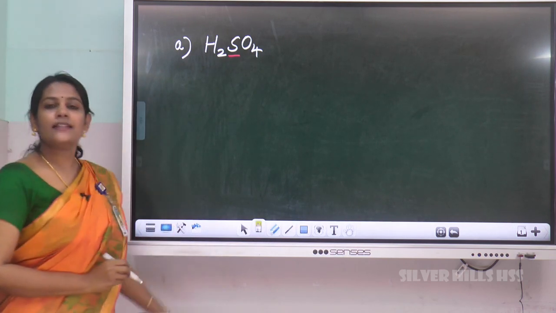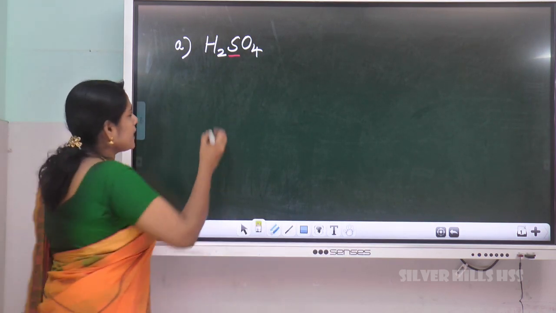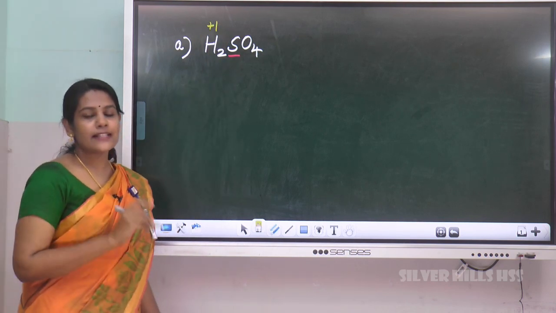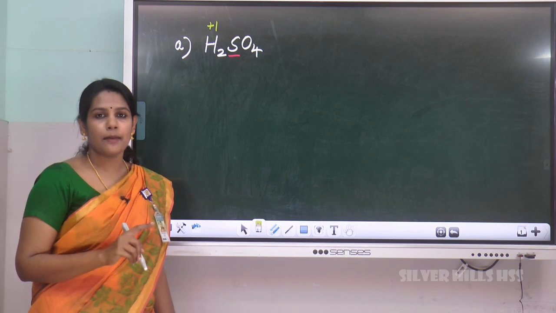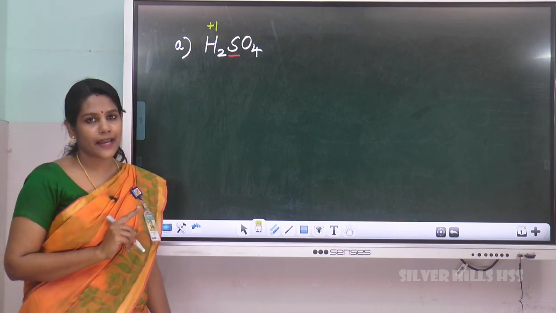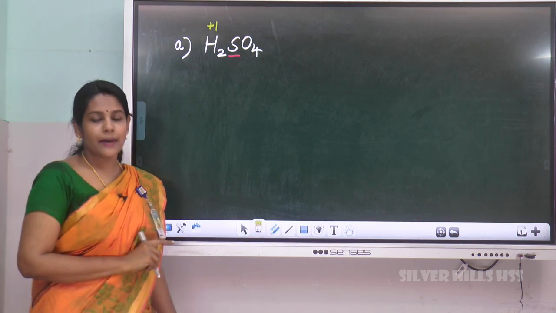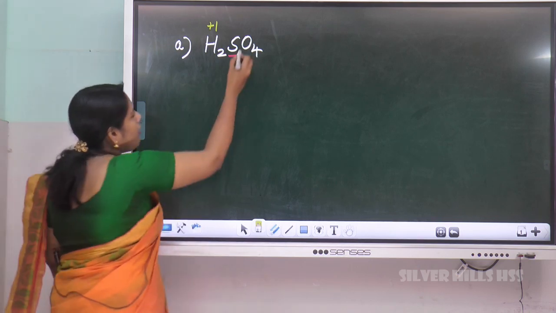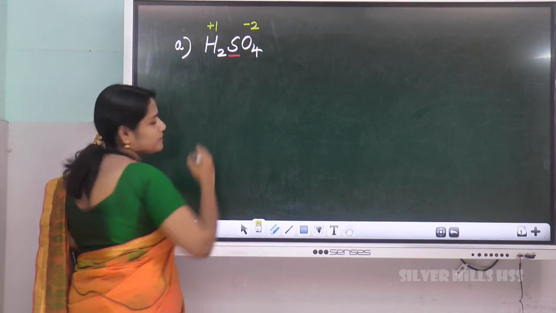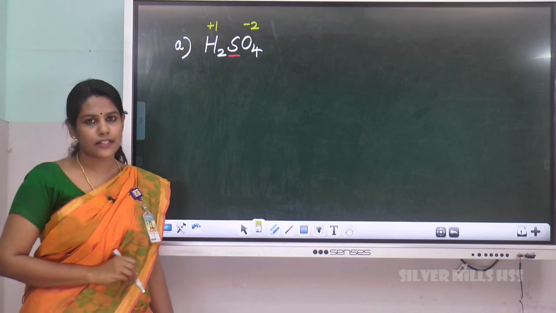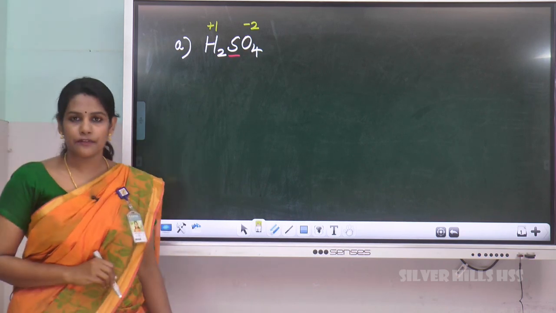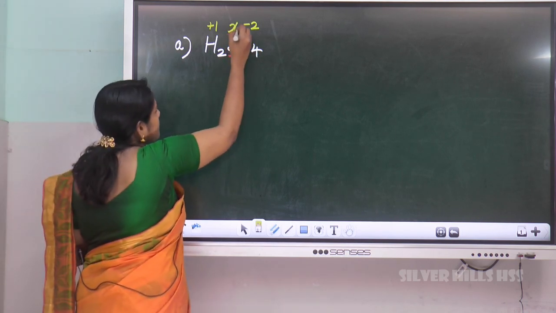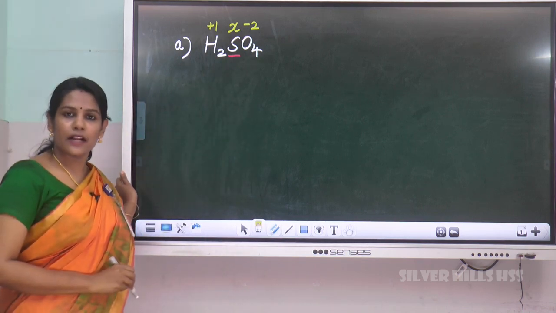So we know that the oxidation number for hydrogen is +1. So let us write the oxidation number of hydrogen here, that is +1. Always remember that you should write only the oxidation number of a single atom. You are not supposed to multiply and write. Here we have 2 hydrogen atoms, but I have written only +1. For a single atom only you have to write on the top. Then oxygen, we know that it is -2 for a single oxygen atom, and we don't know the oxidation state of sulfur. So in the case of sulfur we will take it as X.